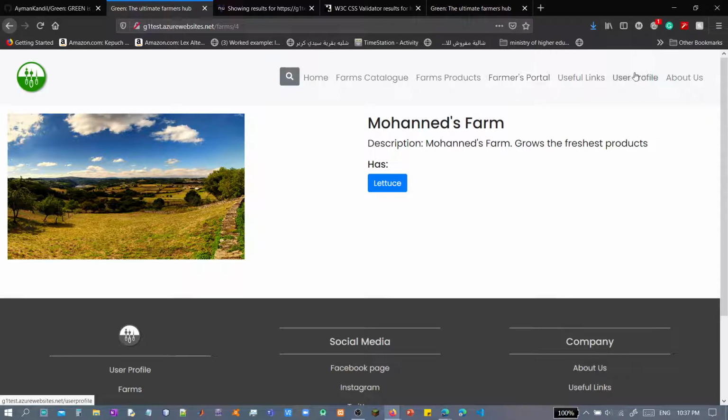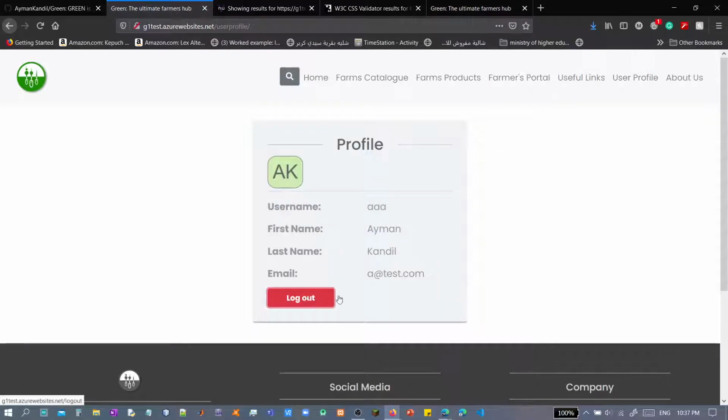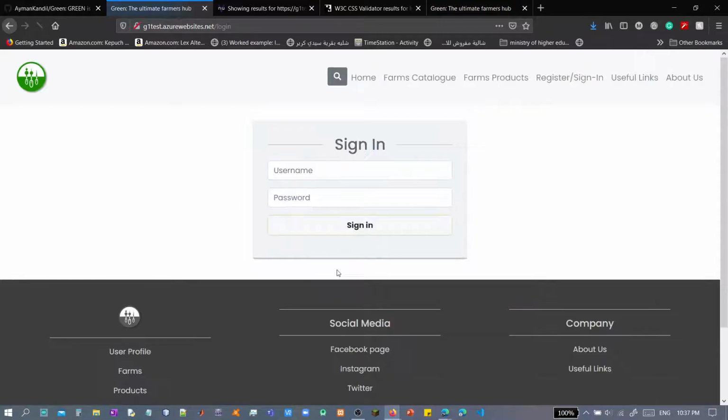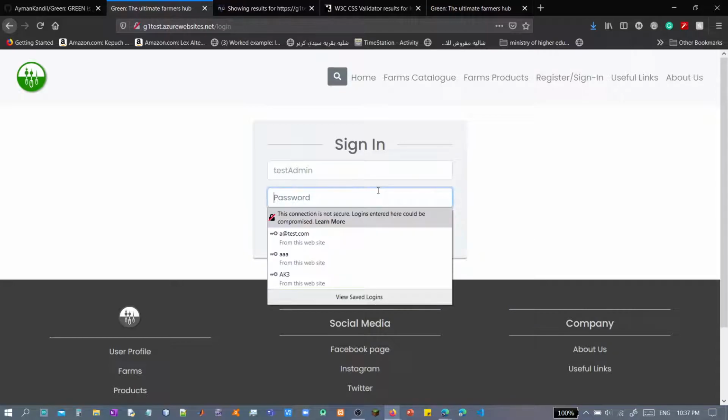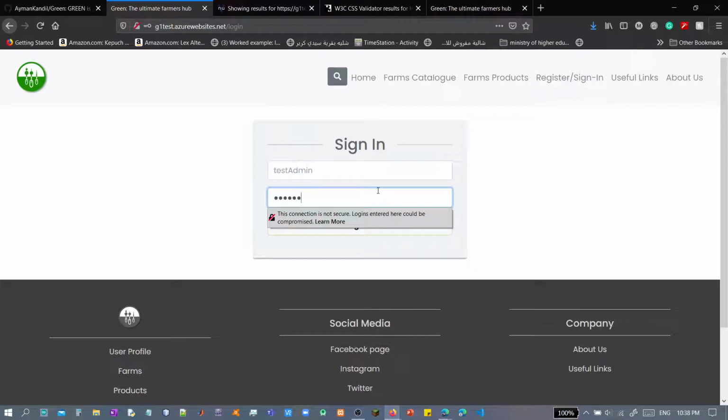I will also showcase now our admin profile. So if we log out here, and we log in with our admin profile that we created, which is just admin. All right,